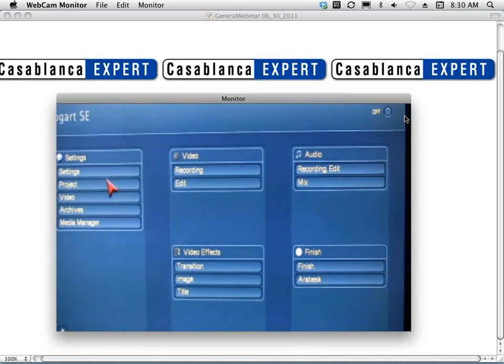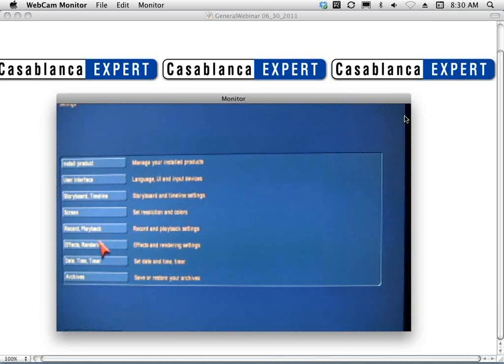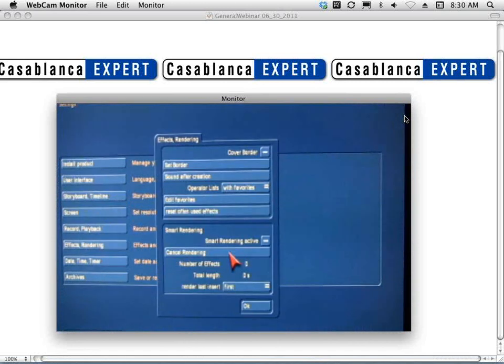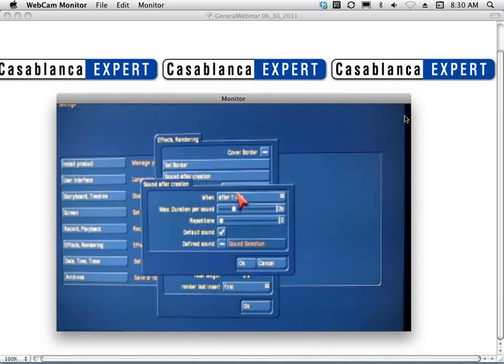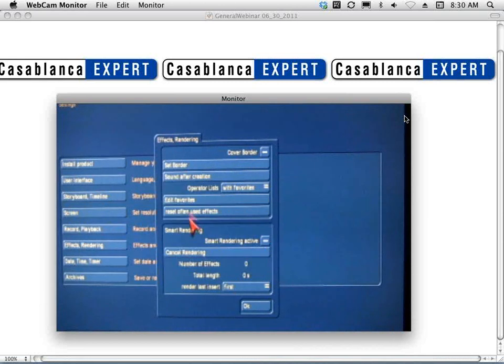Thank you very much. Okay, back to system settings. I'm not going to go re-engage that, but just show you what it is. With that function, the sound after creation, you are able to go into the sounds function and use the items in like jingle effects and stuff like that. Okay, so